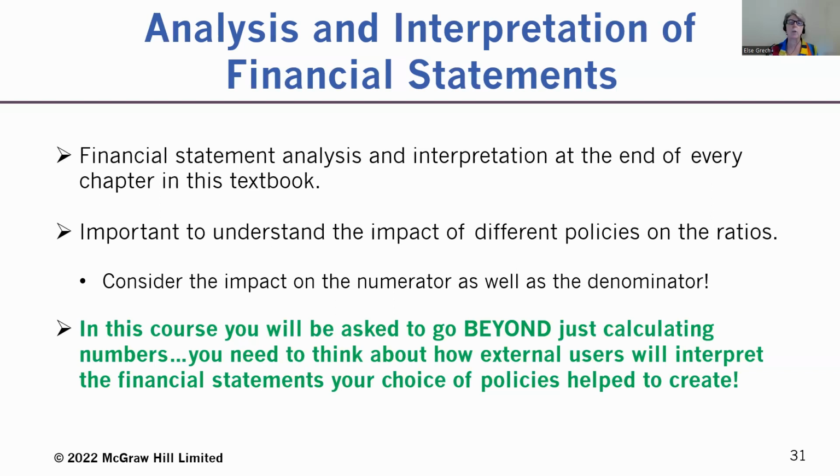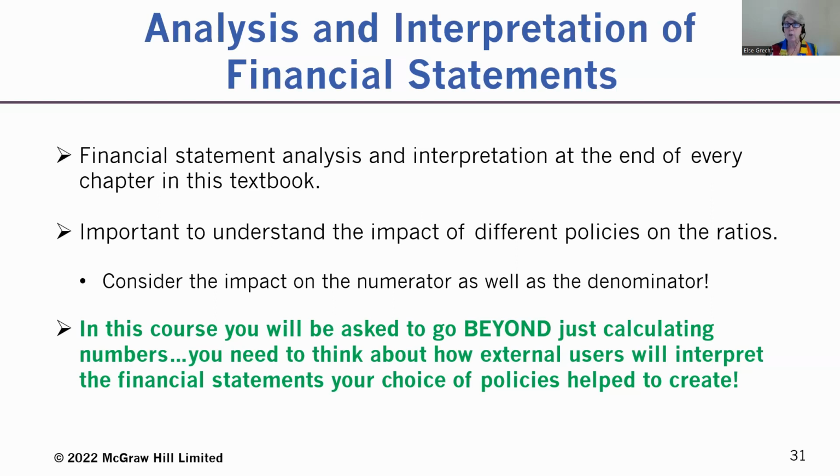And so we're going to transfer it from being just a regular asset in the property, plant, and equipment. We're going to make it into a separate line item on the statement of financial position as a held for sale asset. This is going to cause a write down on the income statement. So it's going to reduce the net income, and it's going to cause a reduction in the value of the asset on the statement of financial position. And it's going to move it from being a long-lived asset to being a current asset. All of these things are going to impact the ratio.